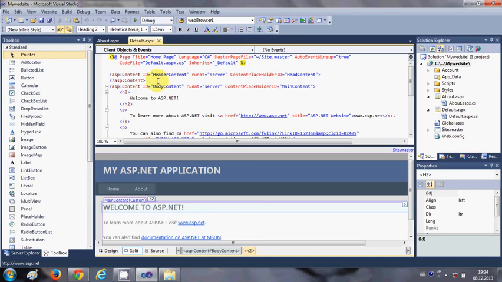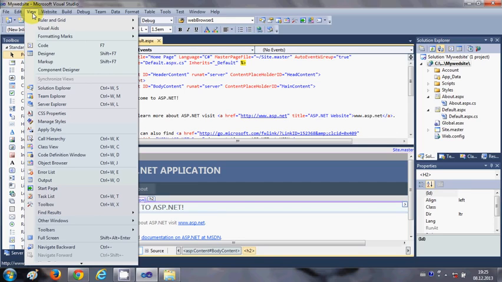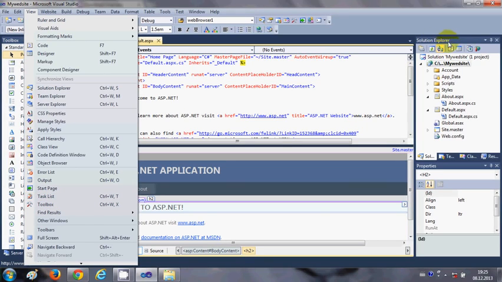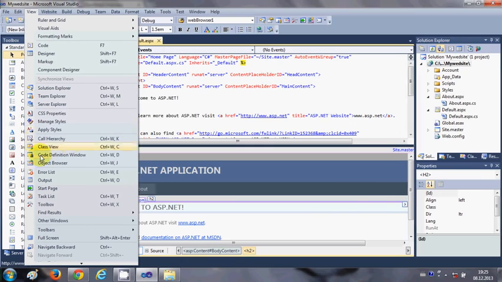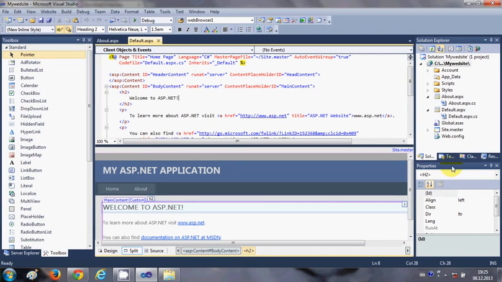And if you are not able to see these perspectives in your Visual Studio IDE, you can always go to View and you can open Solution Explorer from here. You can open your toolbox here, which is this toolbox, and your Solution Explorer is this. If you can't see this Solution Explorer, you can just go here and open these perspectives from here. Okay, and